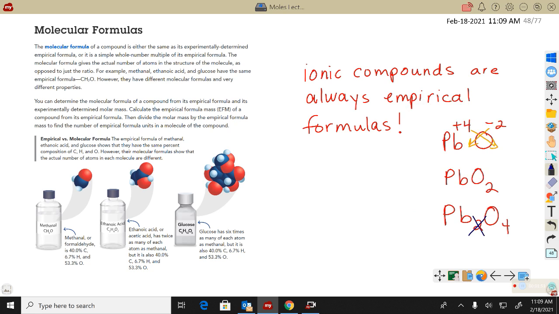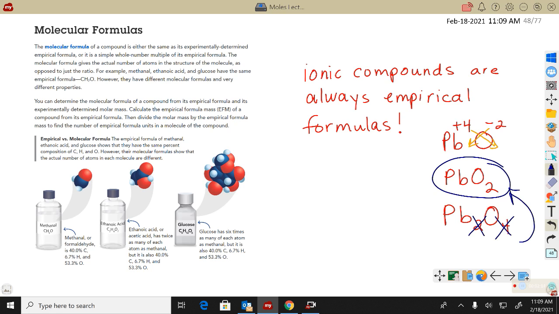So we would never leave an ionic as a 2-to-4 ratio. We would simplify that, and the ionic formula would be the 1-to-2. Ionics are always reported as empirical formulas,